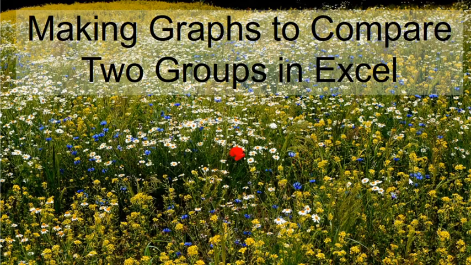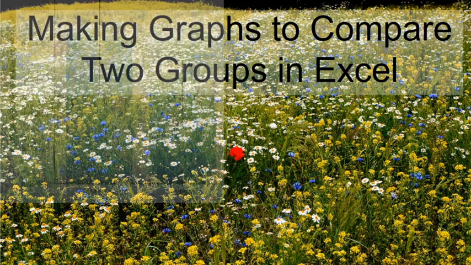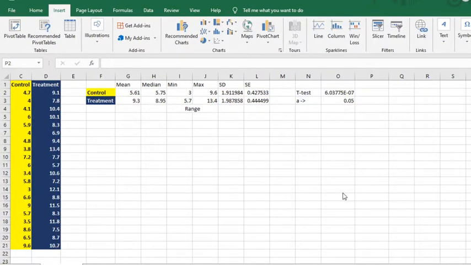Hello everyone. Sometimes when we're making a comparison between two groups, we want a visual representation of how those groups differ. So a lot of times, we'll make a plot. We'll make a different chart to show the mean, to show the variation, and that's what this video is all about. So we're going to take a data set that I've already started to look at, and we're going to make a graph from those data to show the way that variation compares, to show the way that the means